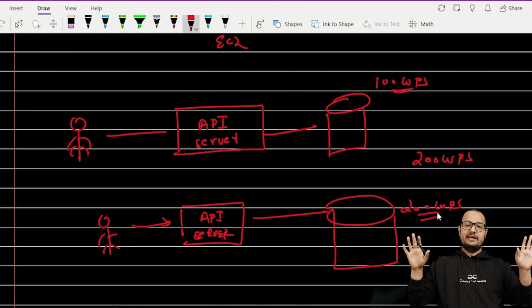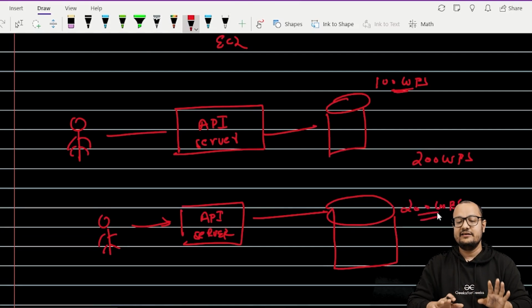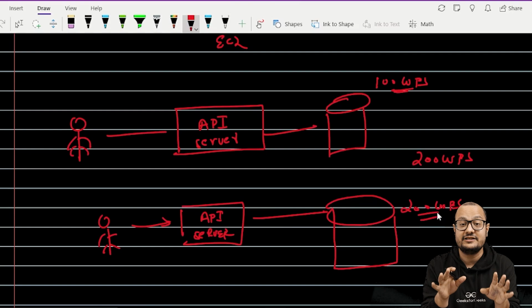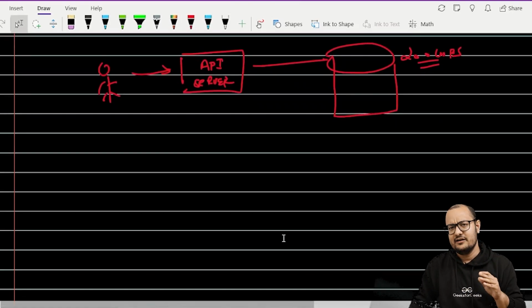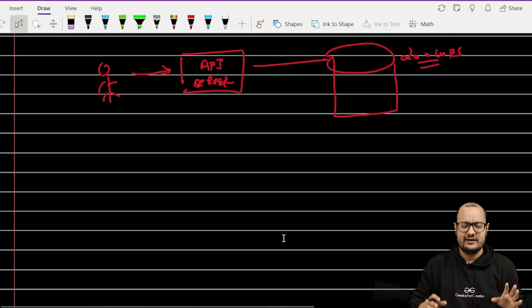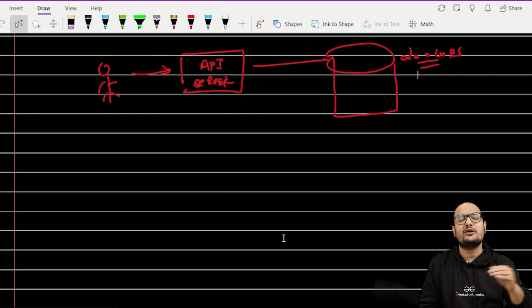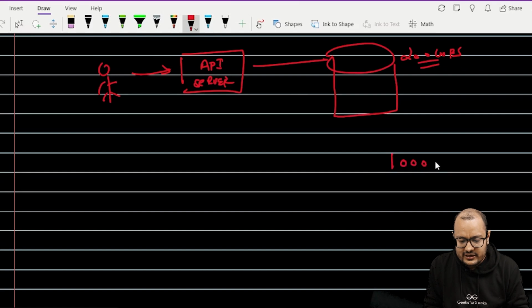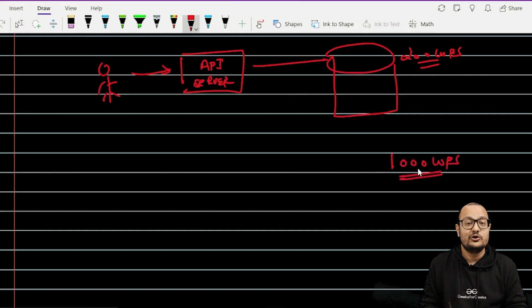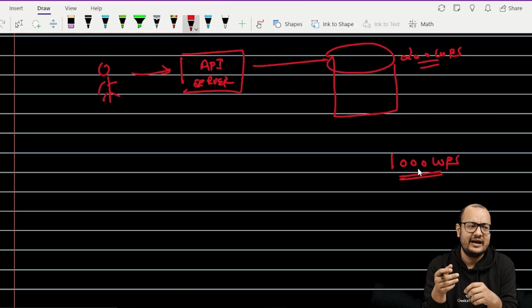Yeah, my database is now handling 200 writes per second. Let's say your product went really viral. It went bonkers, there are thousands of users, and now you want 1000 writes per second to be handled on your database. Now what will you do? You will say, it's okay, I have AWS, I have GCP.